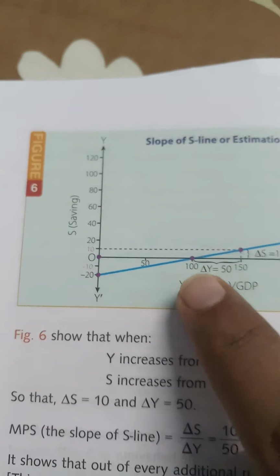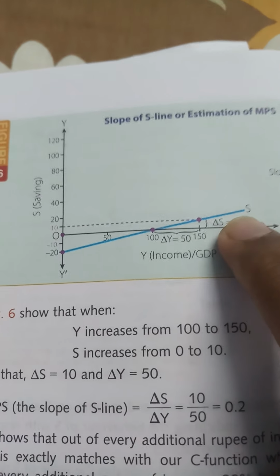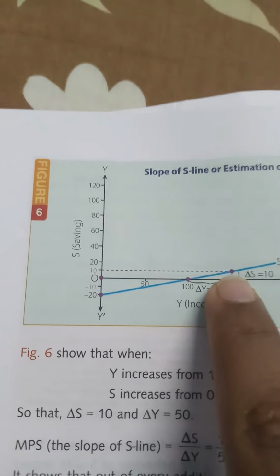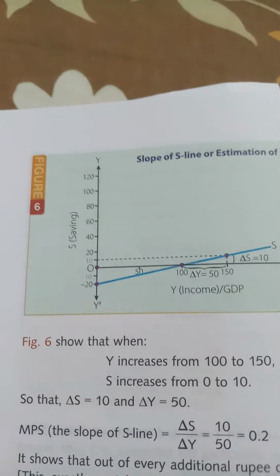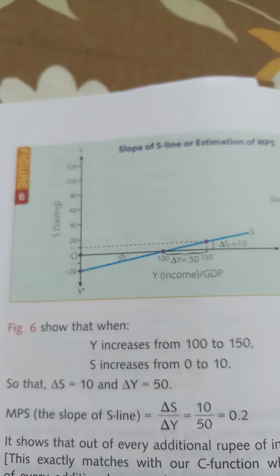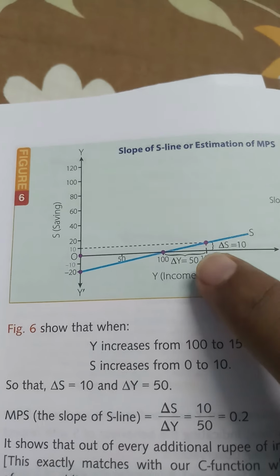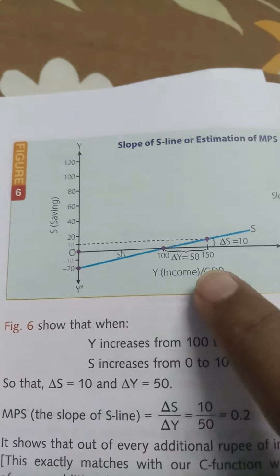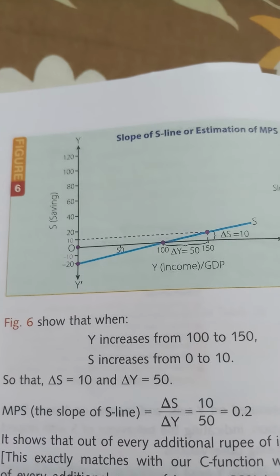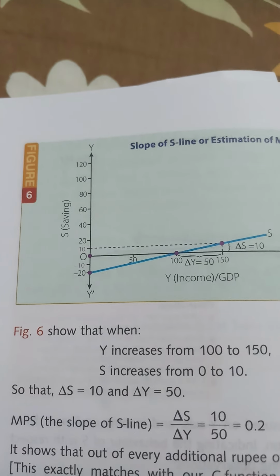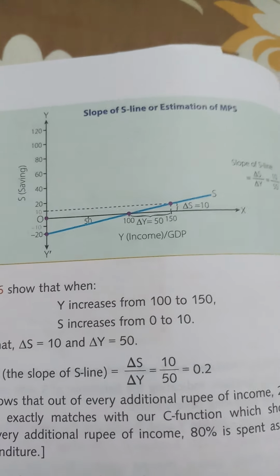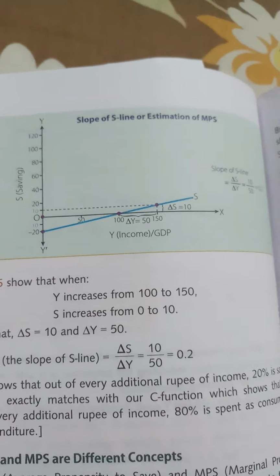Now this line which goes upwards will surely have a positive value because it lies in this portion. You see this blue dotted line marked over here shows the saving value as 10. You can see that when the value of savings is 10, the corresponding X value is 150, and that is why 150 has been written over here, which is also true by the fact that 150 lies to the right of 100. Now again, let me remind you that this is the diagrammatic presentation of the S curve or S line.